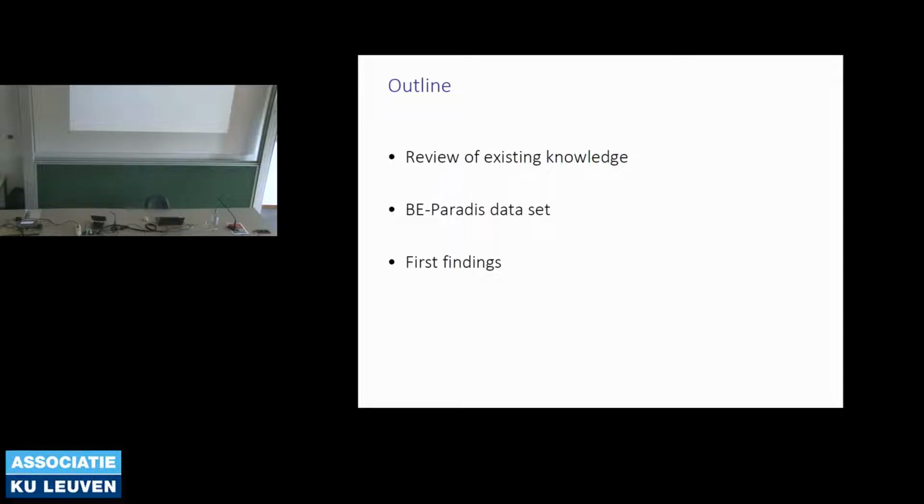And then I'm going to talk about, let's say, the engine of our project to a large extent. That's the data set that we are constructing in this project that brings together data from different sources. We called it, well, with the great name, the BE-PARADIS data set. I'm going to explain to you what will be in the data set, and also for people who want to use it, how you can get access to it, what you can expect from the data set, and what you cannot expect from the data.